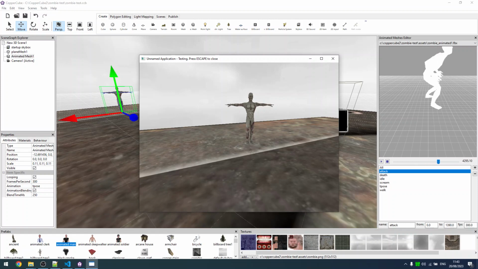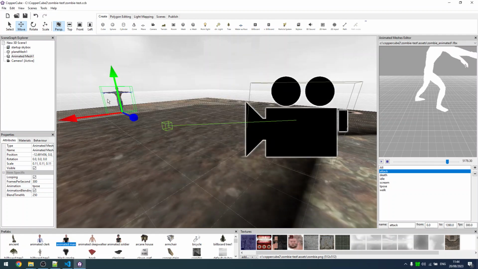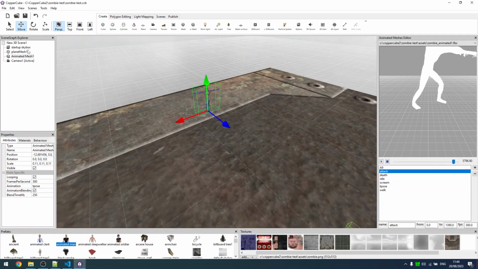If it gets close enough, it will do an attack. And also, if you shoot your enemy multiple times, the zombie will die, and then the model will disappear from the game. That's basically what our goal is, and at this point, we only just need to do some renaming, and we need to do some